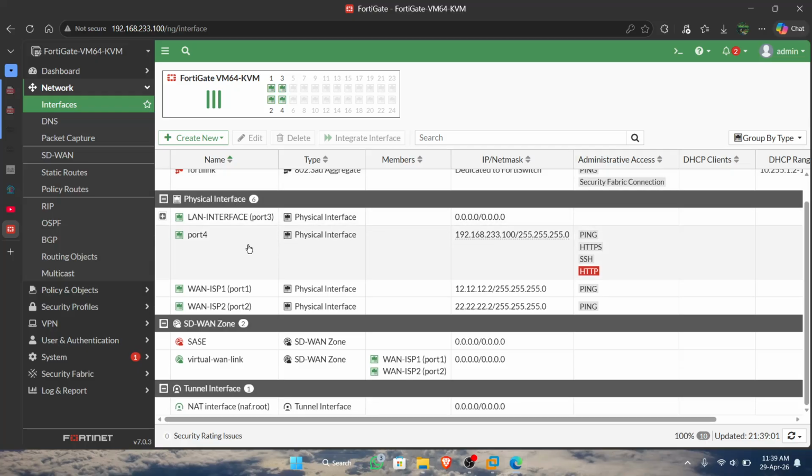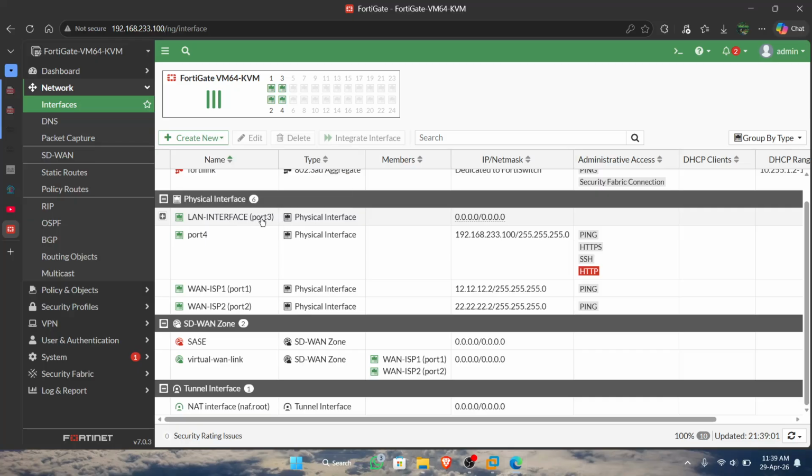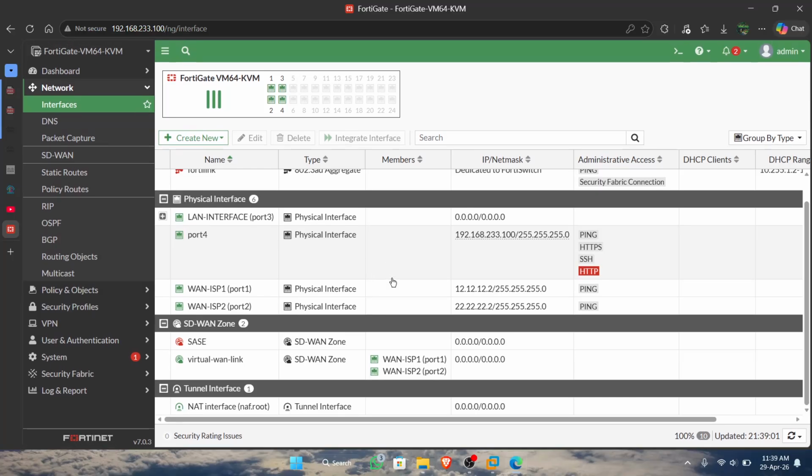In the interface, I set the VLANs on port 3, which are VLAN 10 and VLAN 20. Port 4 is the configuration for the management device.